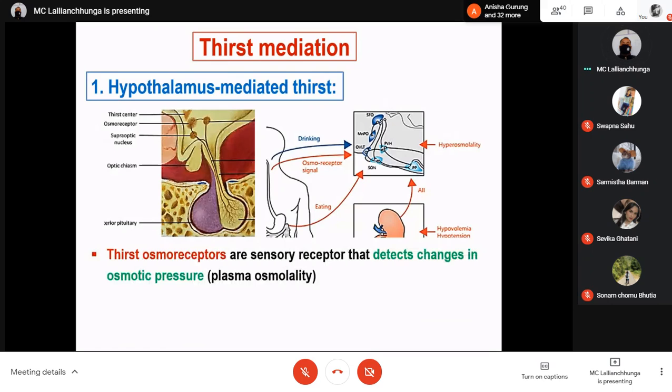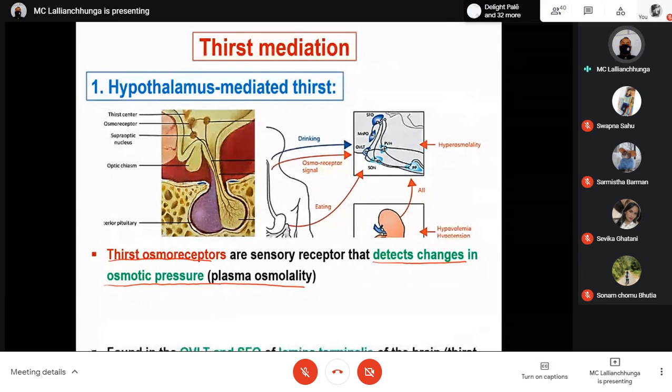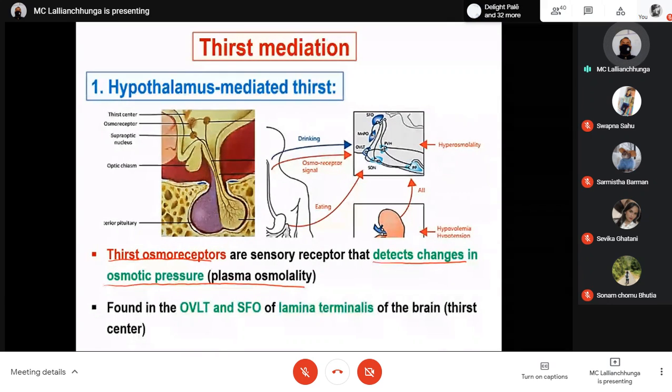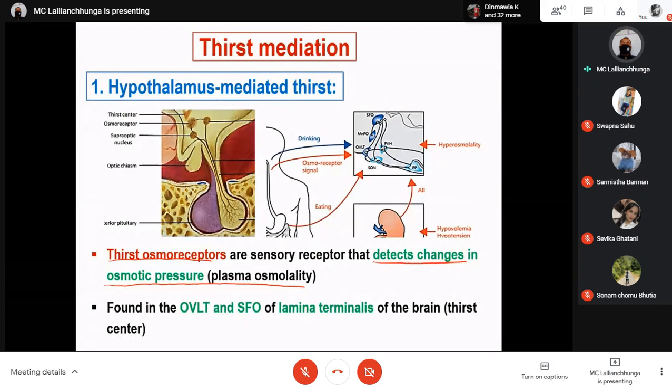Thirst osmoreceptors are sensory receptors that detect changes in osmotic pressure, plasma osmolality. Just like the osmoreceptors for ADH release, thirst osmoreceptors also detect changes in osmotic pressure, that means plasma osmolarity. As you already know, they are found in the OVLT and SFO of lamina terminalis